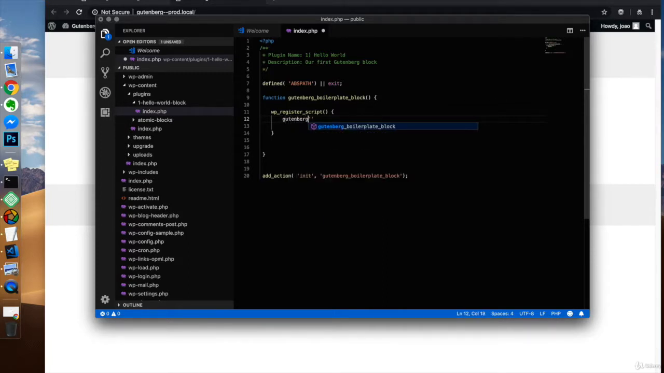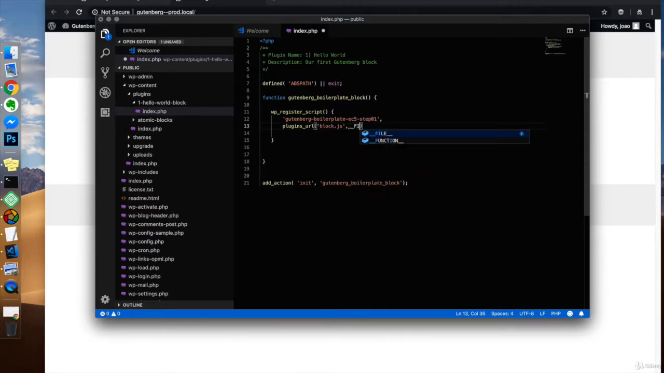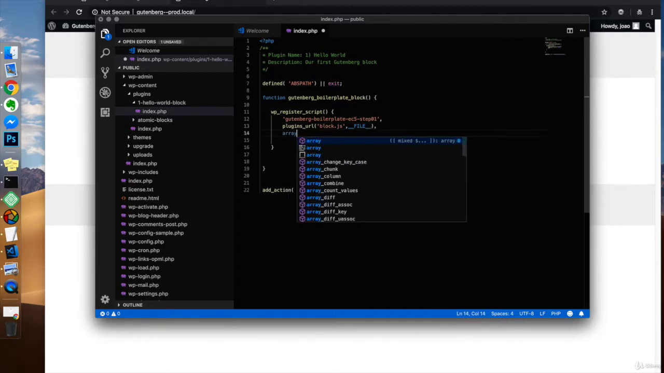Okay, we'll go for, inside the brackets, Gutenberg boilerplate EC5. We will use this format, okay? And we'll just type it as step 01, okay? Comma, then we will define where the plugin file is, and we'll name it block.js, and also the file over here, then one more comma, and we will also set the components